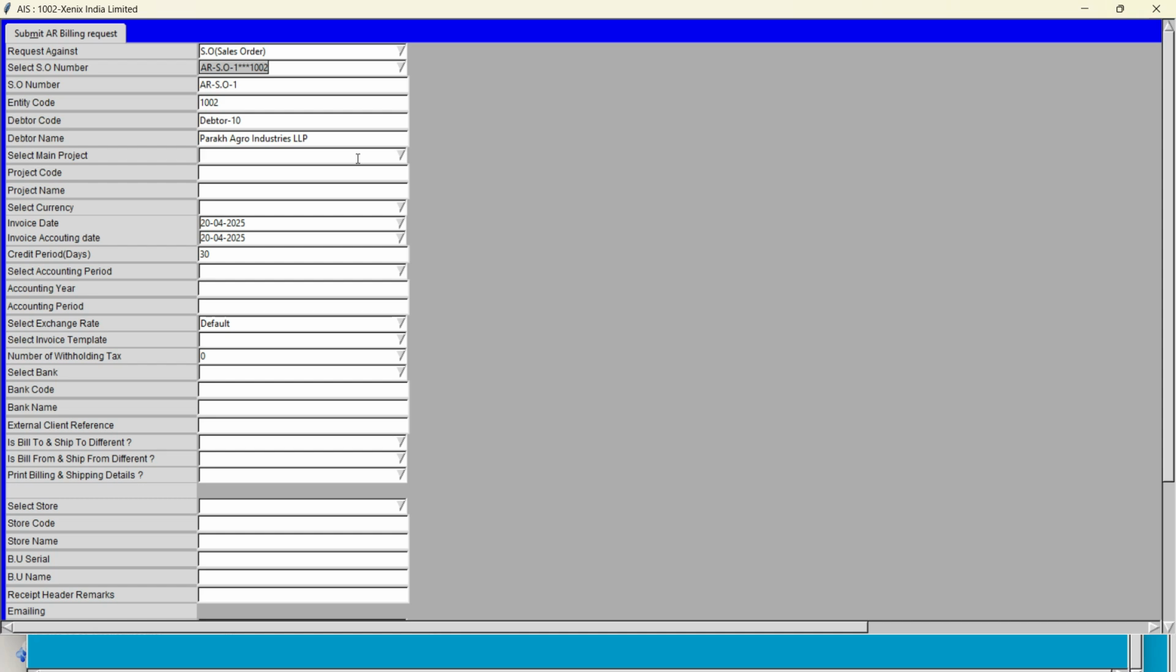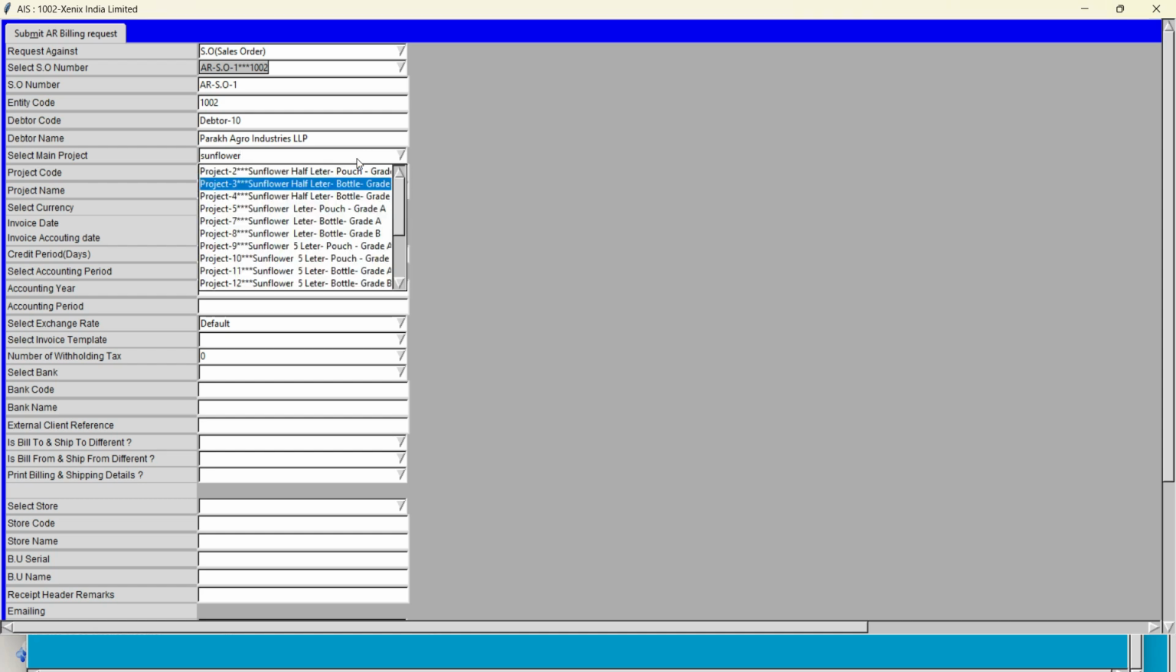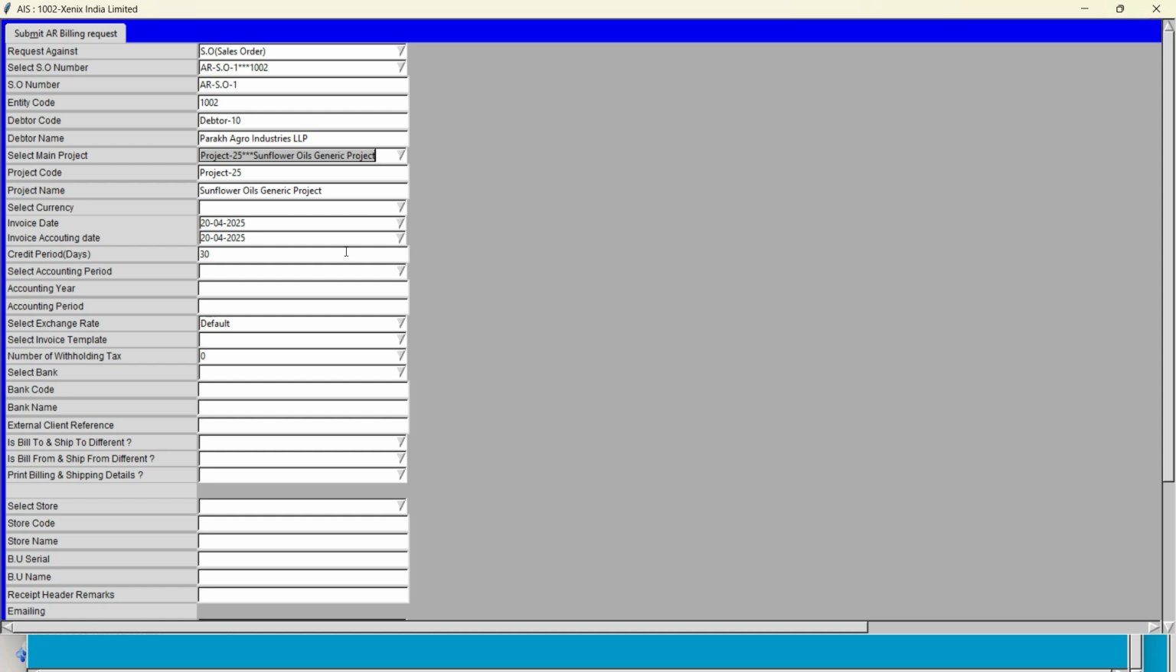Main project, and what is the currency? This billing request is almost like billing. We enter almost similar data in the billing screen. So whatever data you capture in this billing request, when the accounts team wants to do the billing, this data will be automatically pre-filled. Of course, the accounts team can change it. So invoice date, accounting date, accounting period,